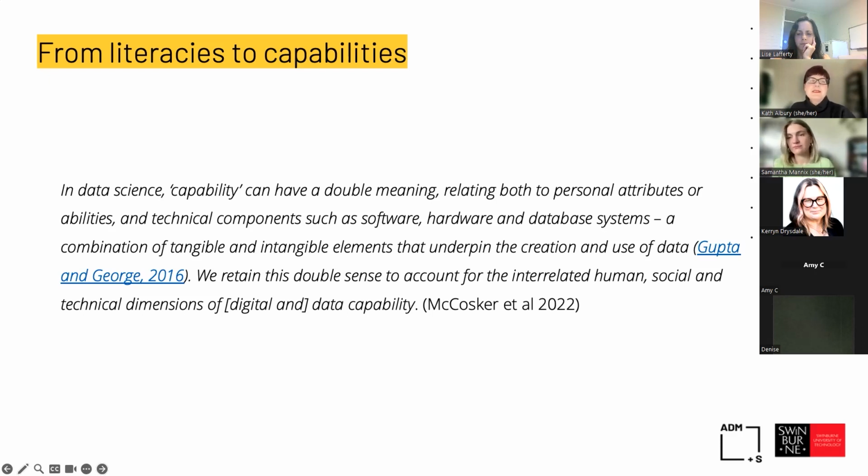So in data science, capability can have a double meaning, relating both to the personal attributes or abilities of an individual, but also to the technical components such as software, hardware, and database systems, a combination of tangible and intangible elements that underpin the creation and use of data. And in the project that Anthony McCosker led and in the present project that Sam and I are working on, we retain this double sense to account for the interrelated human, social, and technical dimensions of digital and data capability. And to explain how this might work in practice,